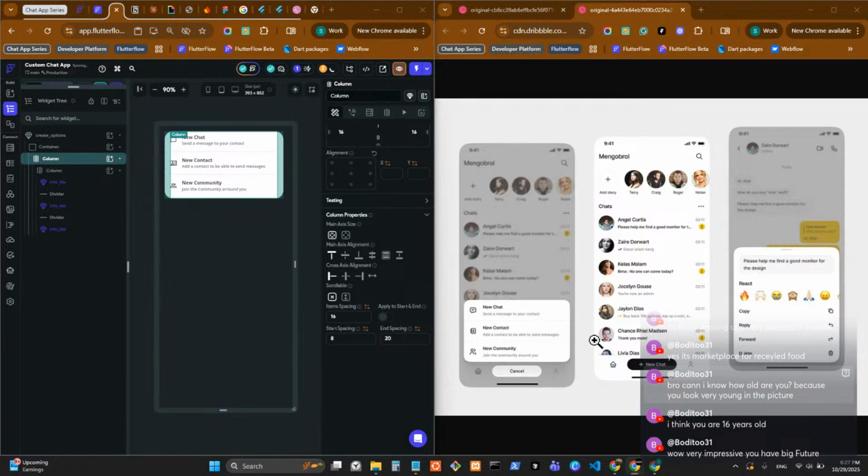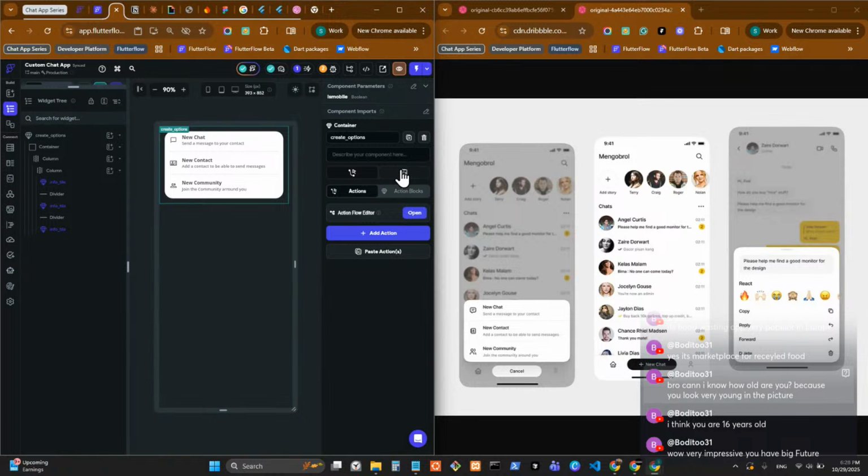So now we have cancel button here. So to exactly you should place on the new chat button. So for that, I have calculated the width and height. So what we'll do is we'll